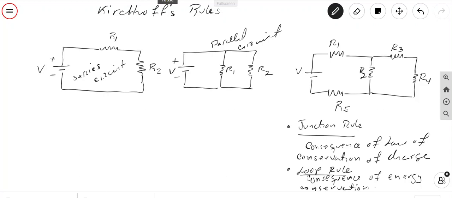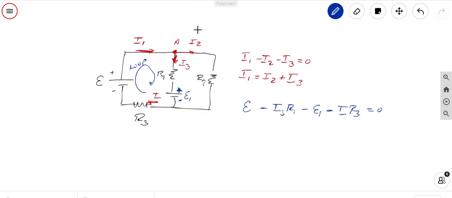And we have then two rules that are the junction rule and the loop rule. The junction rule is a consequence of the law of conservation of charge. And the loop rule is a consequence of the conservation of energy. The junction rule says that at any junction, the current entering the junction must be equal to the current leaving